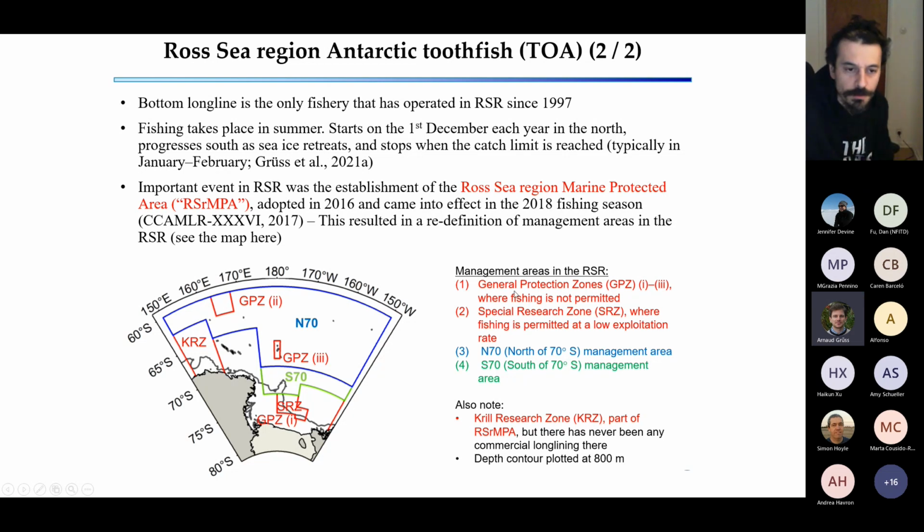Otherwise, the other management areas in the Ross Sea region that matter for Antarctic toothfish are the S70, so south of 70 degrees south management area, and the north of 70 degrees south, the N70 management area. Those are two management areas within the Ross Sea region where fishing is fully permitted. And we distinguish between those two areas because we don't have the same life stages of Antarctic toothfish